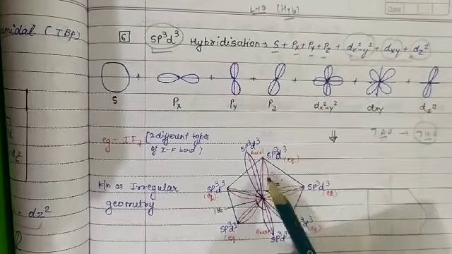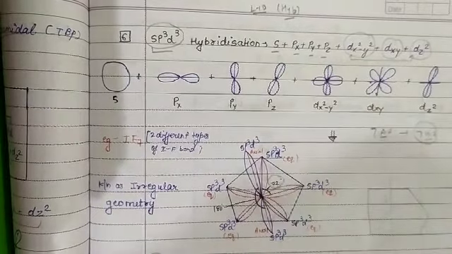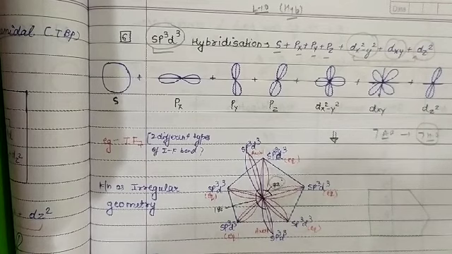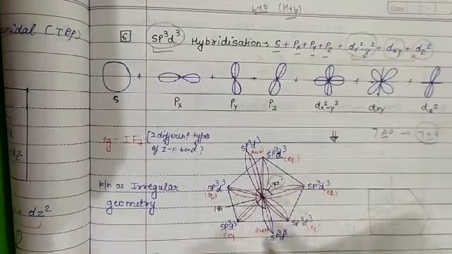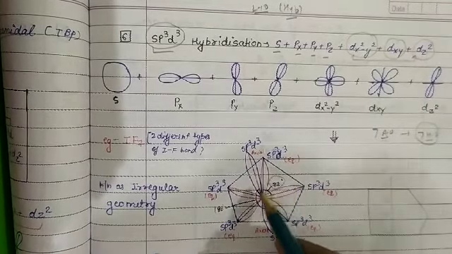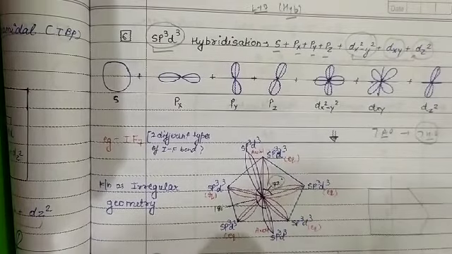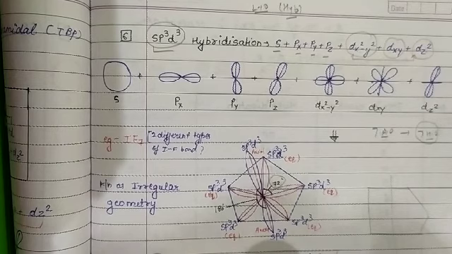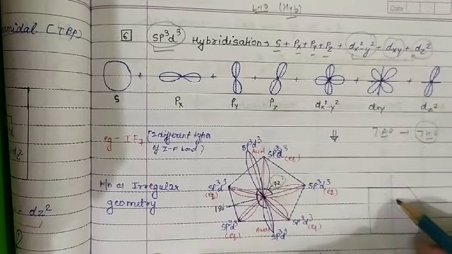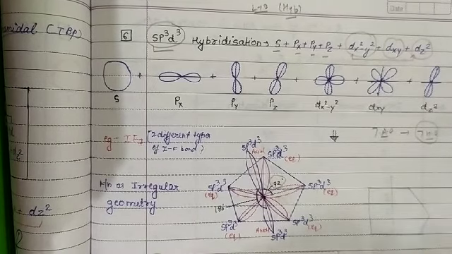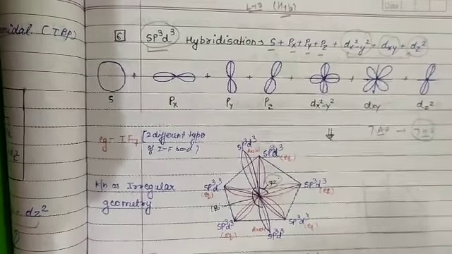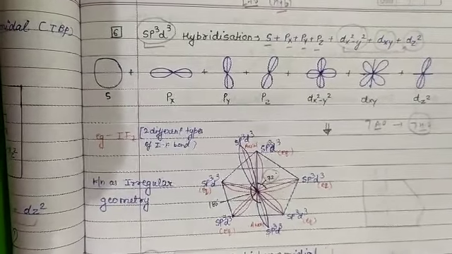And how many bond angles are there? One bond angle is of 72 degree. So basically 72 degree bond angle is present, and 5 bonds are present at 72 degree, as the sum of interior angles is 360. So the number of 90 degree bonds is 10 and the number of 180 degree bonds is 1. As it lies above the plane and below the plane, therefore it is non-planar. So this is the hybridization sp3d3.